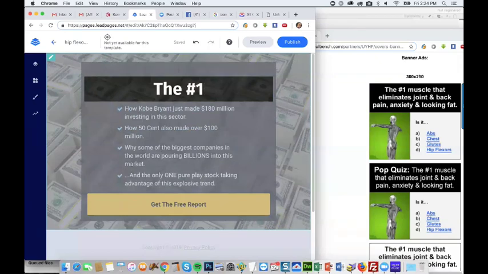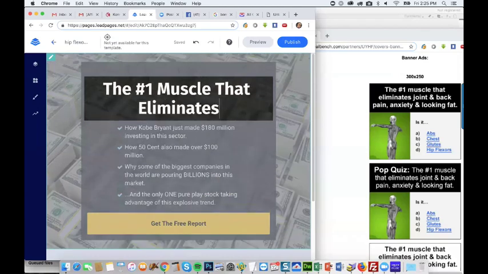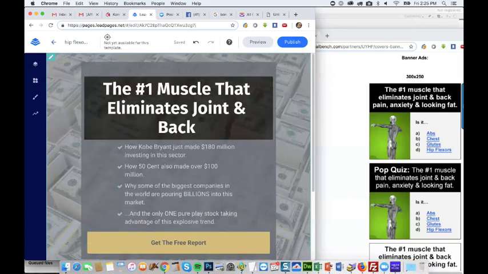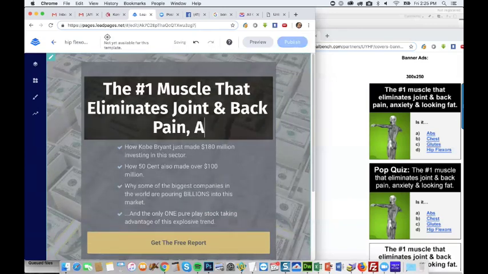Number one muscle that eliminates joints, back pain, anxiety,